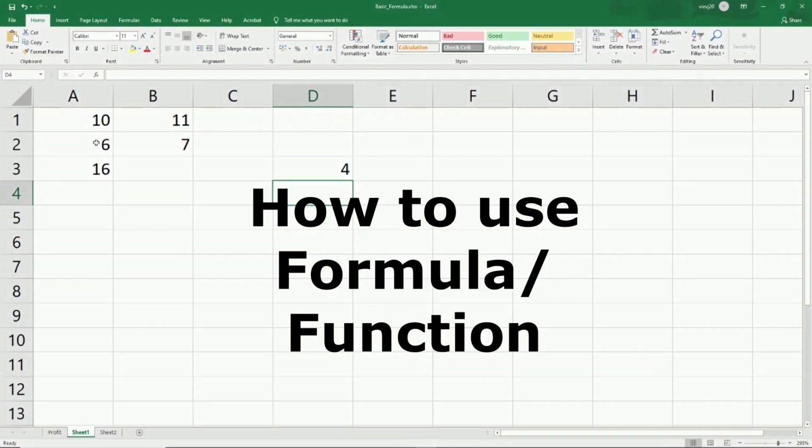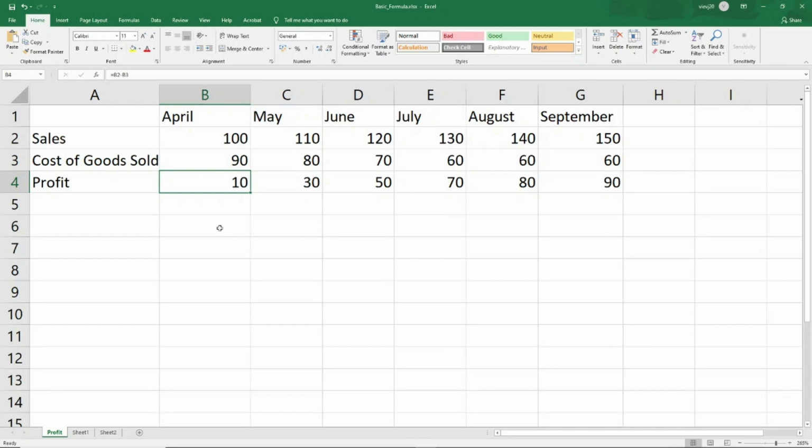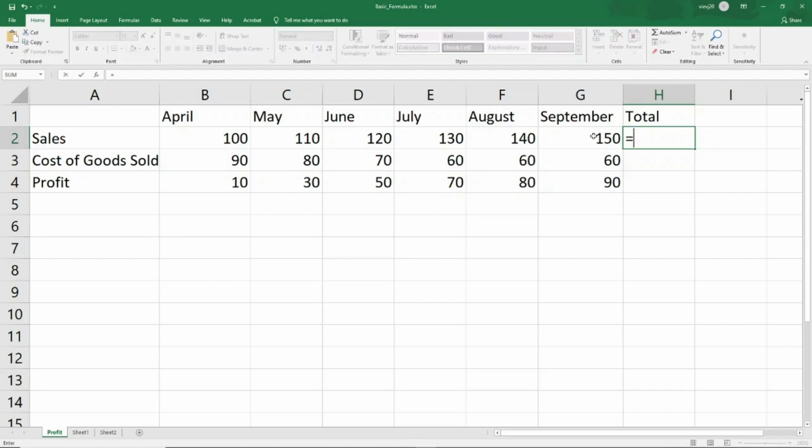So how to use a formula? Let me go back to my sheet from previous videos and show you here. For example, if I were to use a basic formula like totaling or sum, let me say April to September are the months and I write here total. One of the simple ways, had it been just some data points, would have been equal to, take my mouse, click here, plus this and so on. So as you can see, the total is 750.